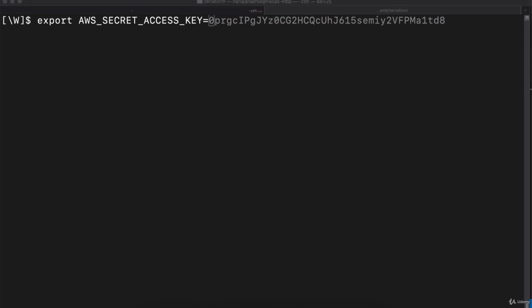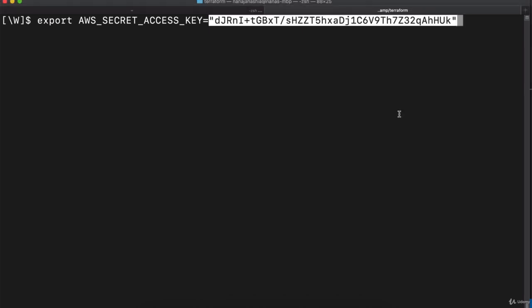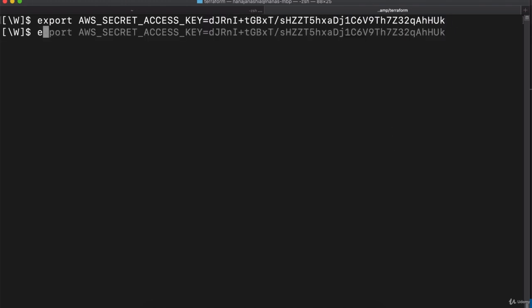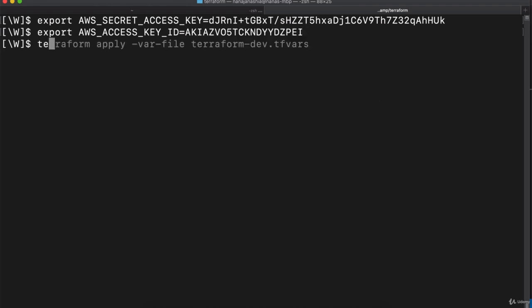And the value for this is, we don't need the quotes. And the second one is AWS_ACCESS_KEY_ID. And now, if we do terraform apply,